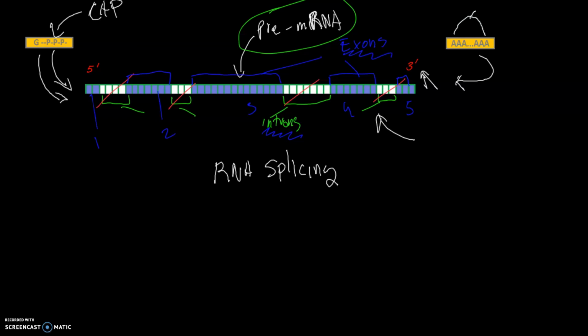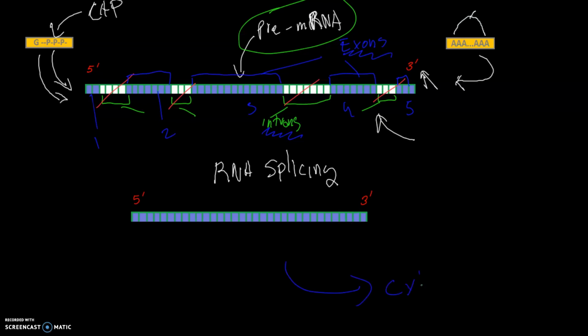Okay, you can imagine that when the introns are cut out, these segments of exon can be arranged in different ways. And through this mechanism, one gene can code for several proteins. Now, once the RNA splicing is completed, this pre-messenger RNA becomes mature, and it's ready to move through the nuclear pores and enter the cytoplasm, where, of course, the translation occurs. This is the mature messenger